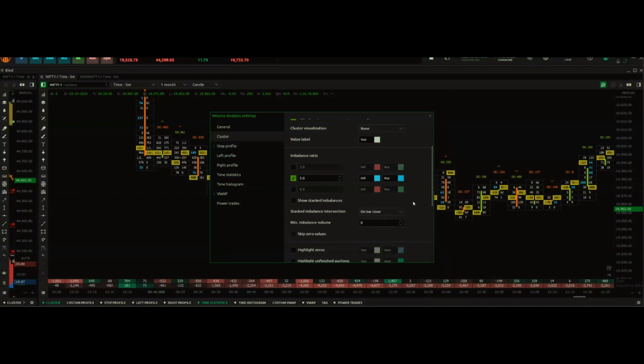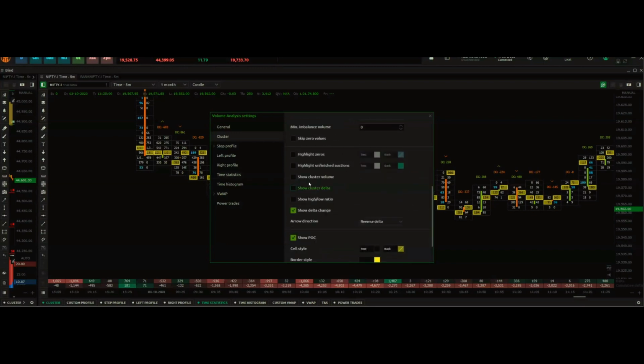I don't use stacked imbalances. I don't use imbalances for identifying support or resistance areas, but it basically catches my eye easily in live markets when I'm looking at footprint charts, to visualize those areas where market orders are coming in. This doesn't mean that every imbalance you see is a market order, but I've trained my eyes to spot them more easily using imbalances.